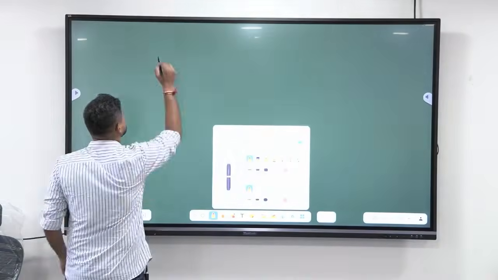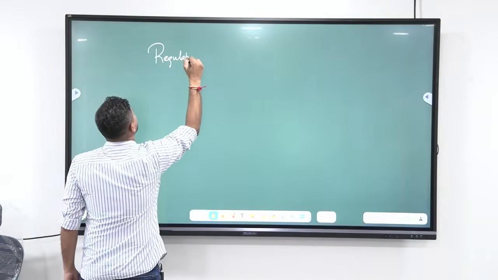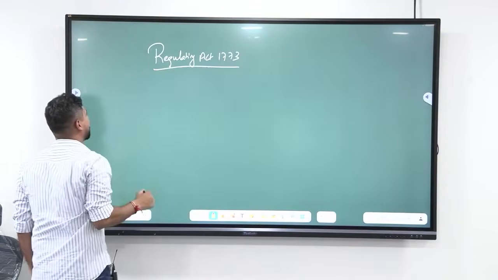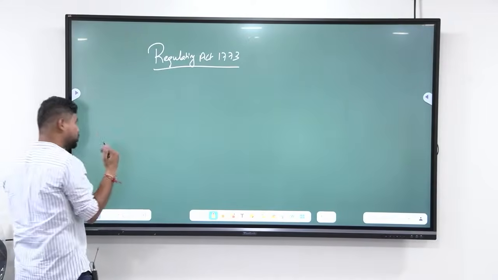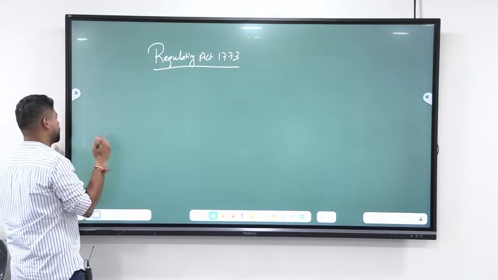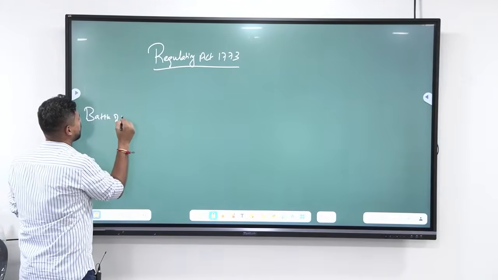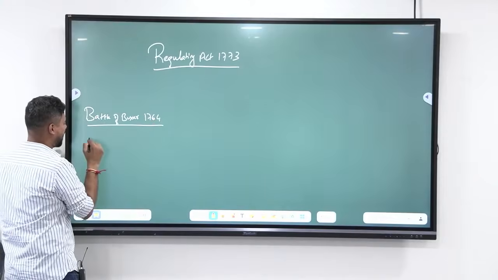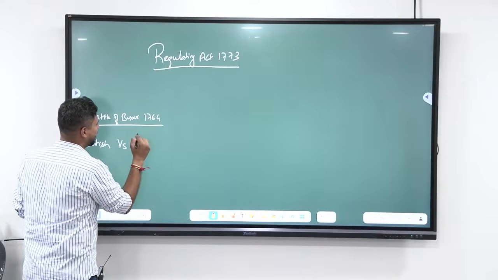The first is the Regulating Act of 1773. If we have to understand the Regulating Act 1773, we have to understand what happened before 1773 which led to this particular act. So you should understand the context. For that, we have to go back to the Battle of Buxar. The Battle of Buxar, that is 1764, was a battle that took place between the British on one side versus the Triple Alliance of